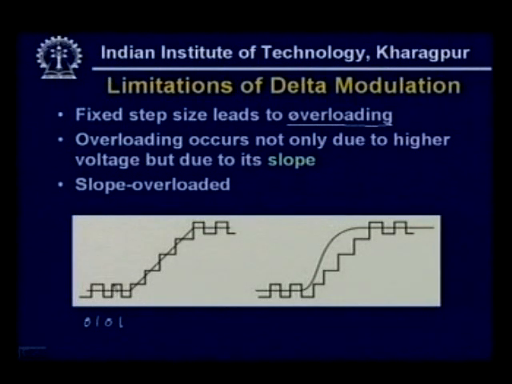If the input changes within the step size, then alternately you have to send 0 1 0 1. This is known as overloading. And overloading occurs not only due to higher voltage, but also due to slope. Whenever it exceeds the limit, then it is overloading. Moreover, error arises whenever the slope is fast, then we call it slope overload. As you can see